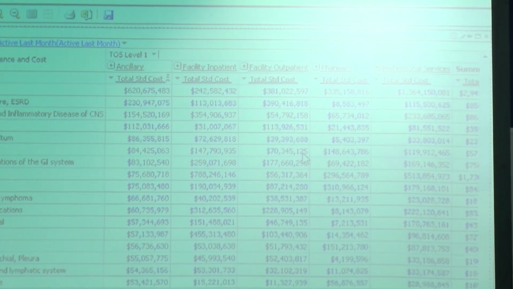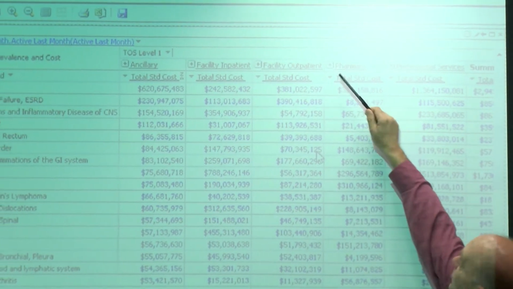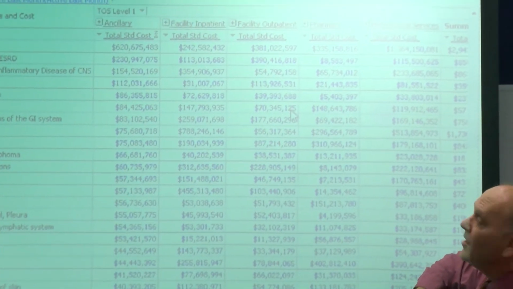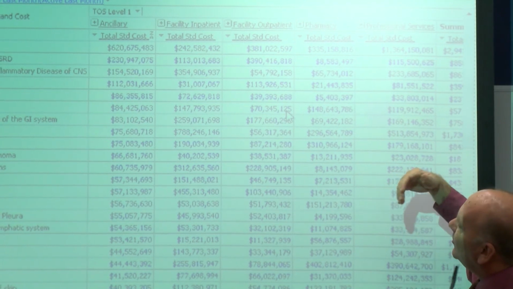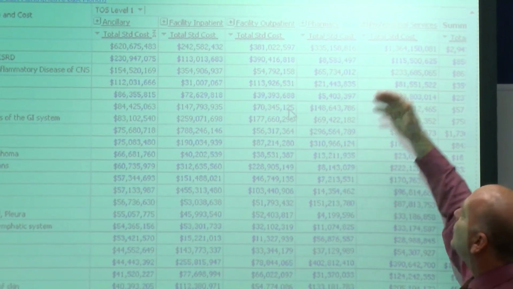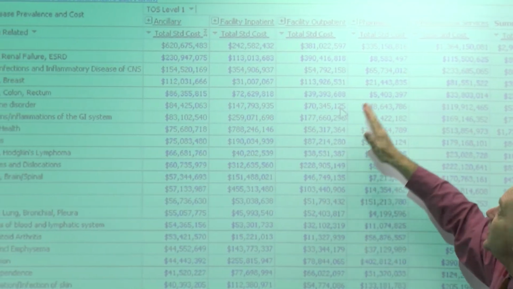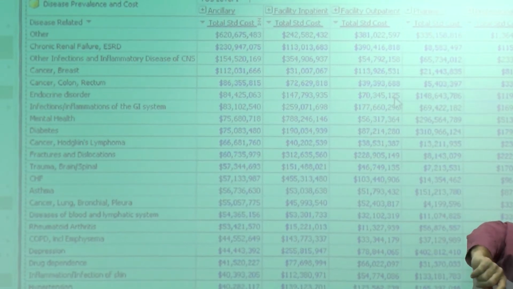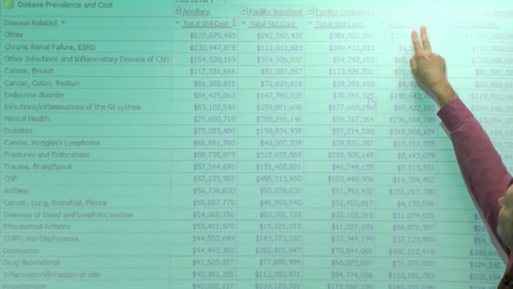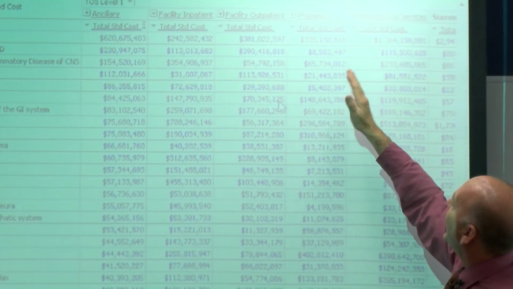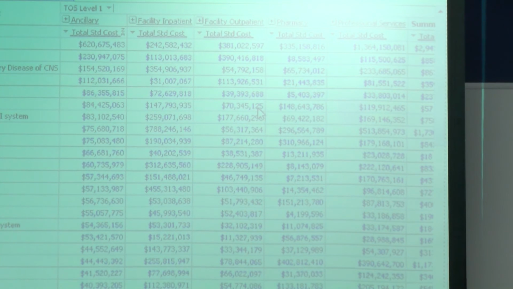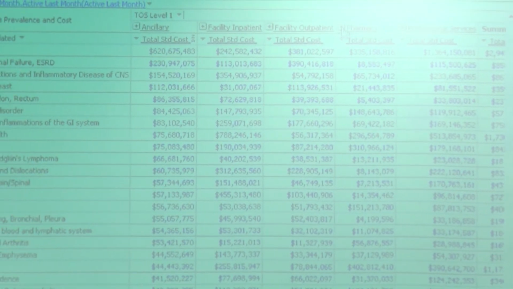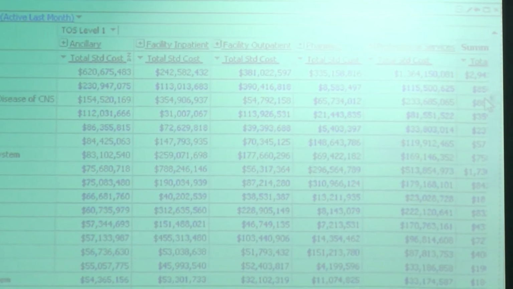So in this case, for each of these disease areas, we're splitting them into ancillary, inpatient, outpatient, pharmacy, and professional services. So now, if you were really focusing on something, let's say you're focusing on pharmacy, and you want to find out what in pharmacy is really driving your costs, you could simply click on that. Now we have two levels here. If we look at pharmacy, this is the highest level, but if we scale down one, we can get slightly more detailed. So under pharmacy, if I click on the plus sign,